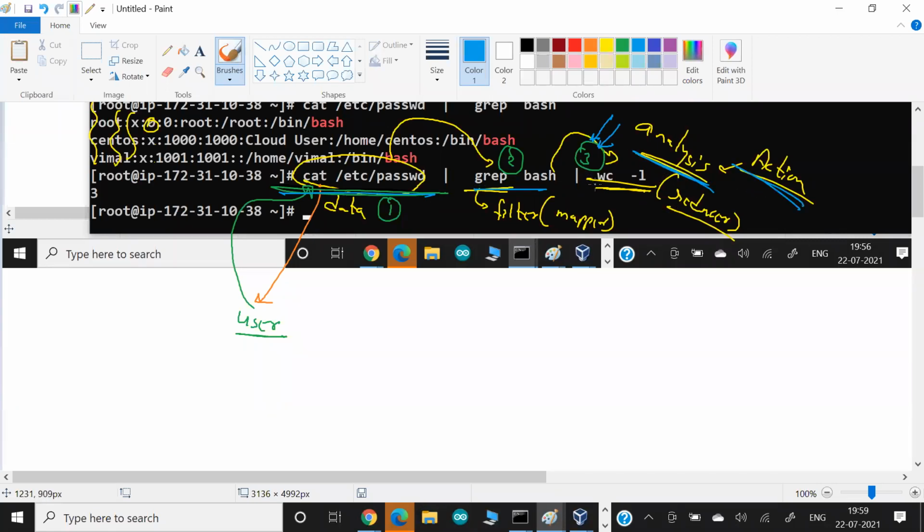But as soon as step number 3 comes up, the action comes up, then somebody is asking for the action or analysis. Now we have to go back to where we get the data. It says we get the data from the grep command. The grep command says I will get the data from the cat command.